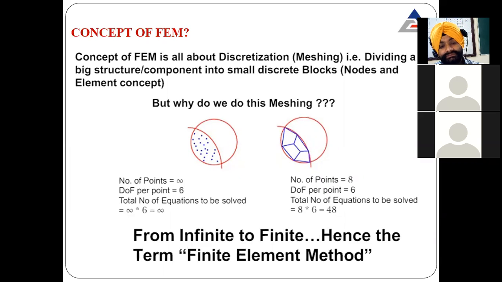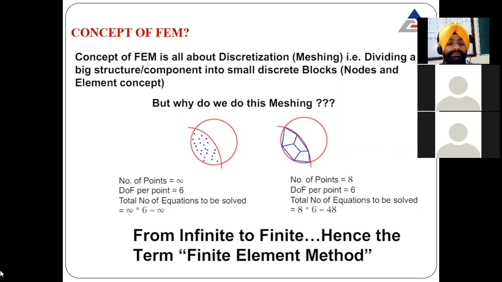What do we do? This means meshing. Why do we do meshing? With the meshing, you just divide that part into very small parts. By dividing that into small parts, you are able to do analysis on very small parts, and then you club all the analysis that is done to give the desired result.